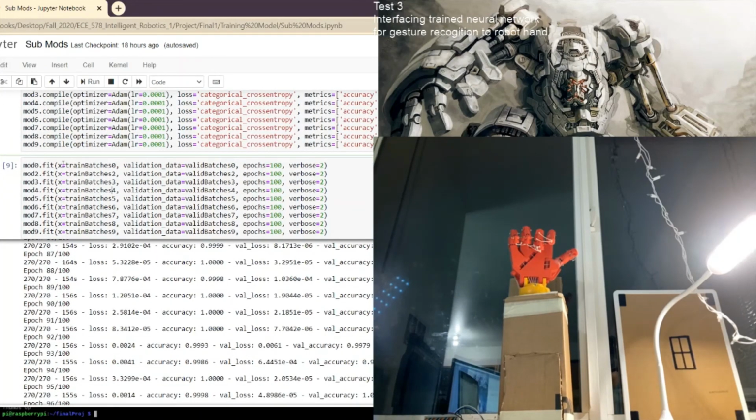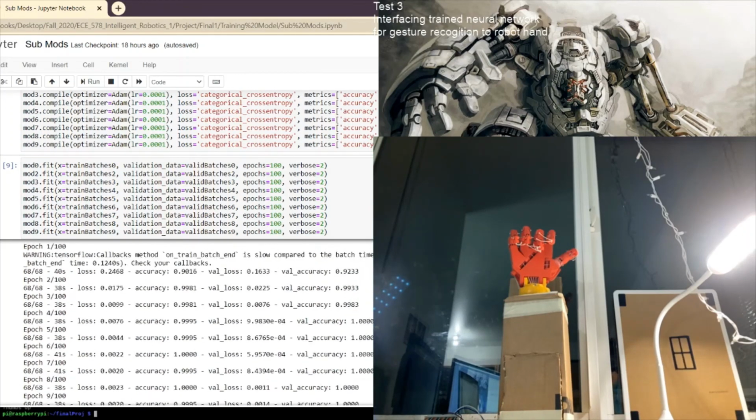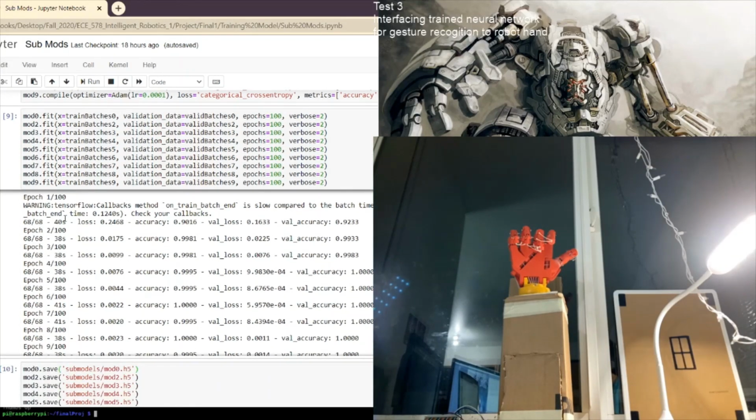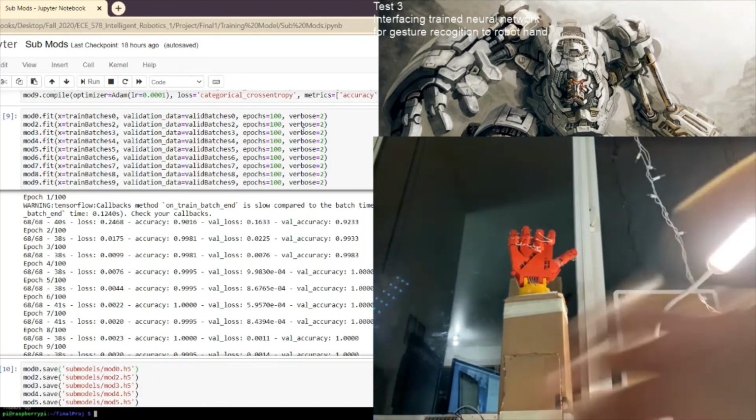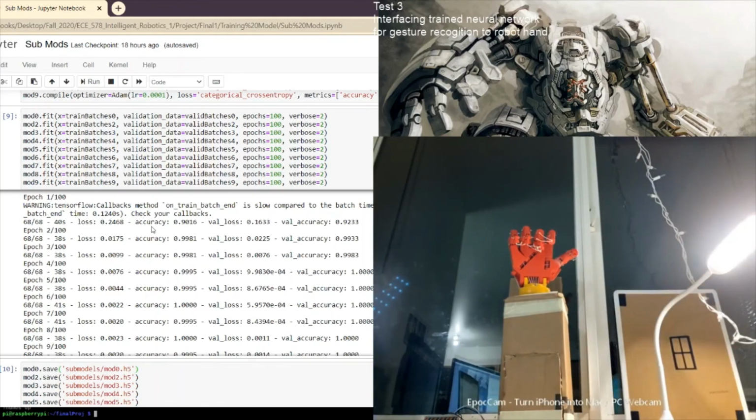Training all these 10 models took me around 24 hours. As you can see, I trained them for 100 epochs, and after each epoch, with verbose 2, it gives us information about the loss and the accuracy. The validation loss and validation accuracy come from the validation datasets we created.